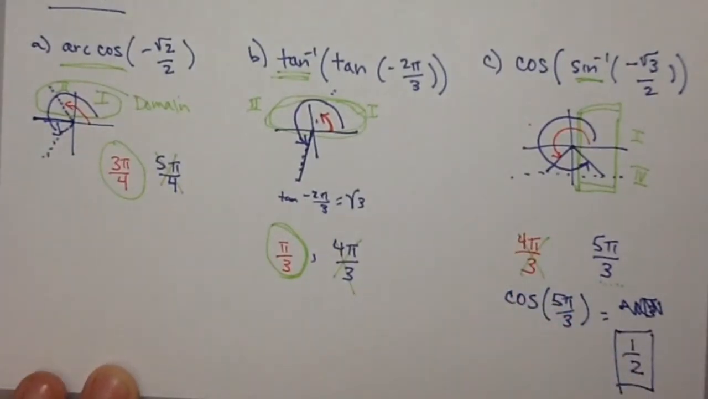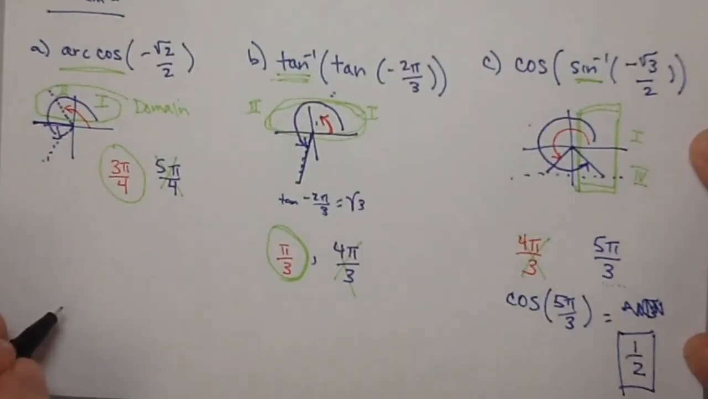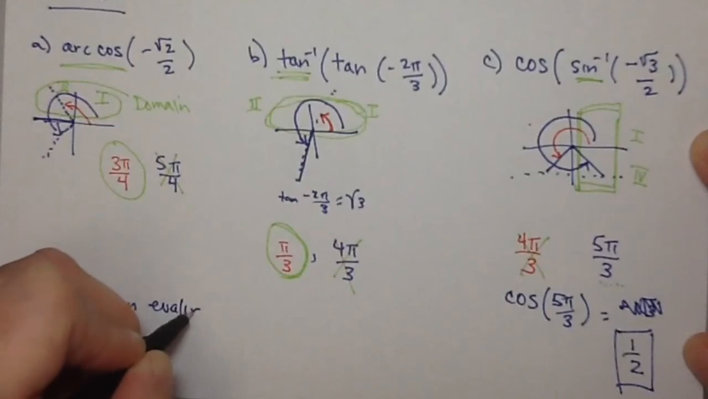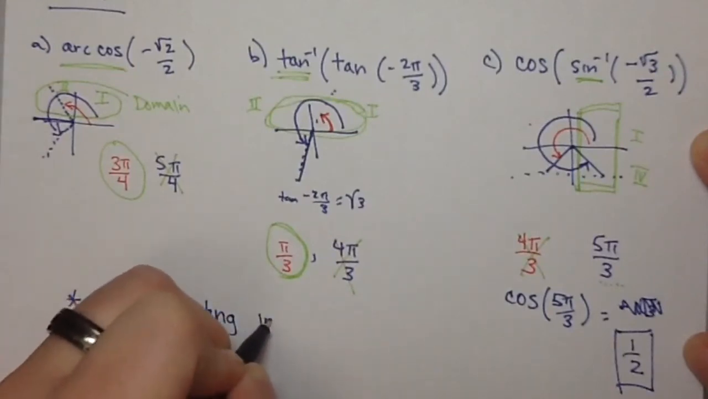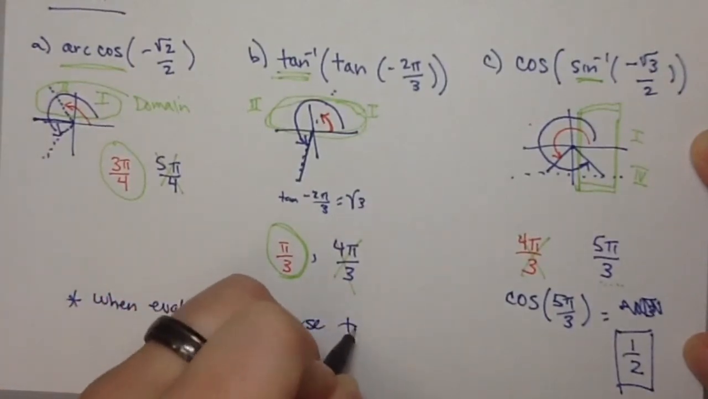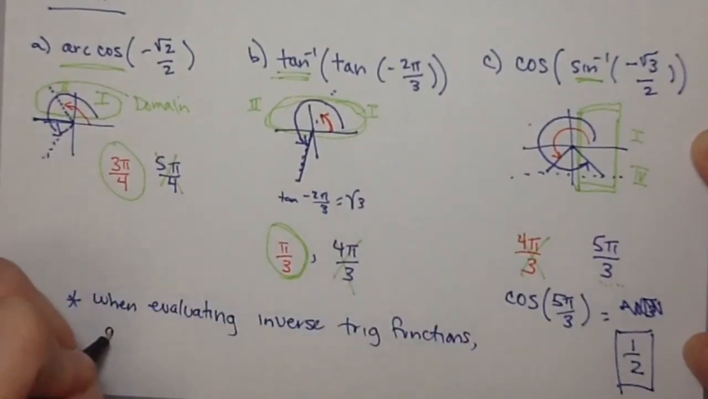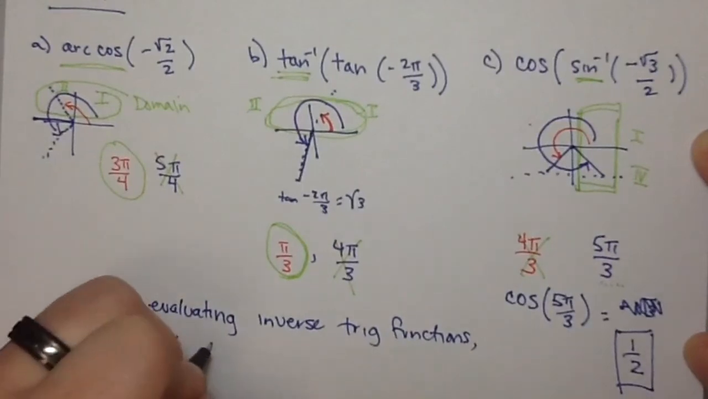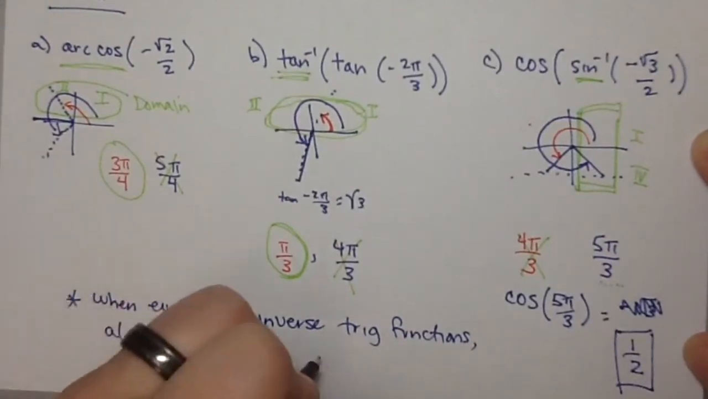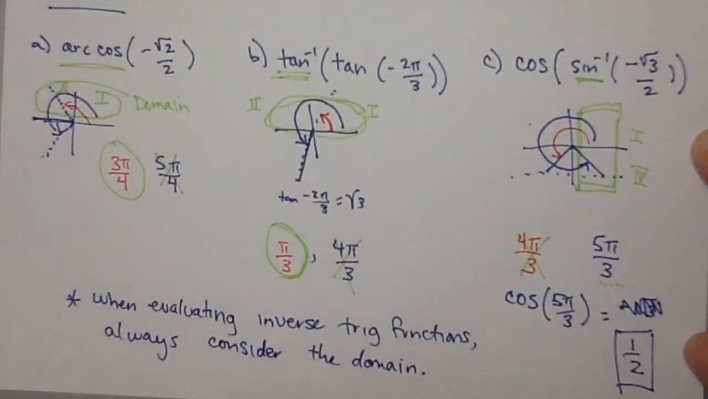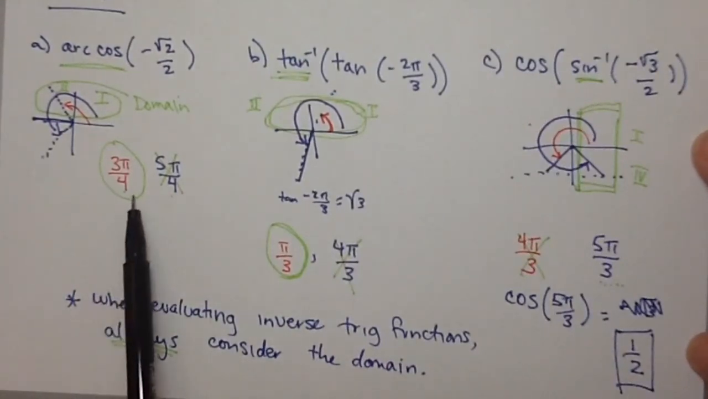All right, guys. Again, the takeaway message here is when evaluating inverse trig functions, always consider the domain. Because it can be really easy to think, oh, I have two answers, and you don't. Because of the domain, you only get